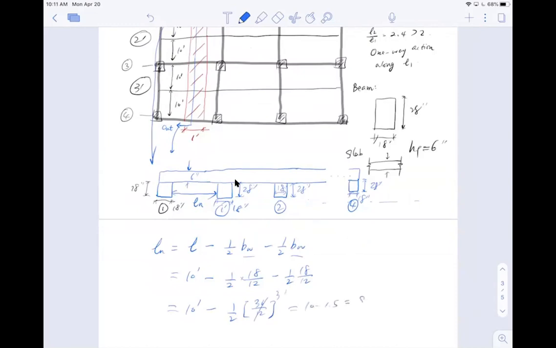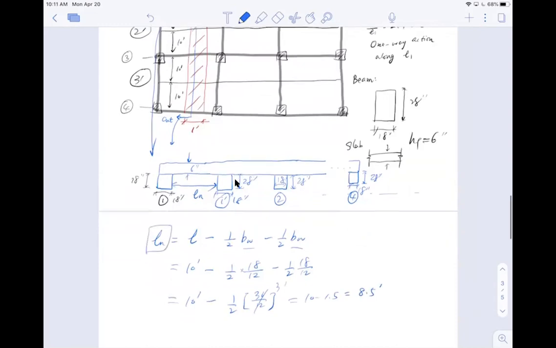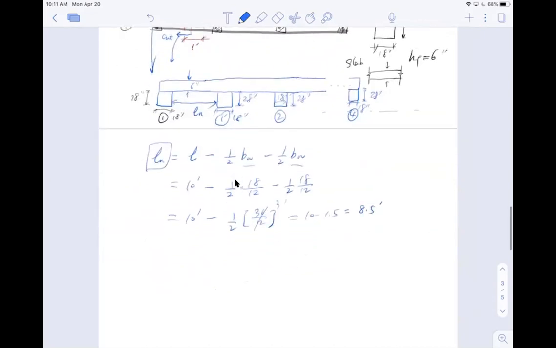I got 8.5 feet. So that is the clear span length. Some of you are asking, okay, why do I need a clear span length again? So here, when you calculate the moment, for example, if I want to design a one-way slab, I'm looking at the maximum positive moment here, and I'm going to look at a negative moment here. So for example, if I say the moment coefficient here is 1/24 negative, and the middle is 1/16 positive,